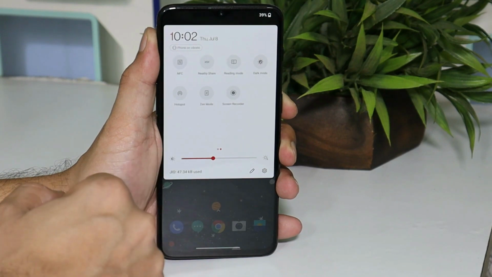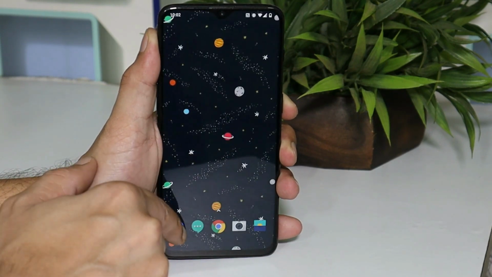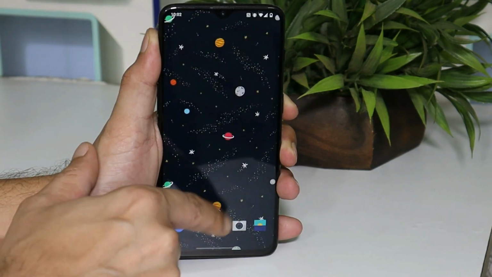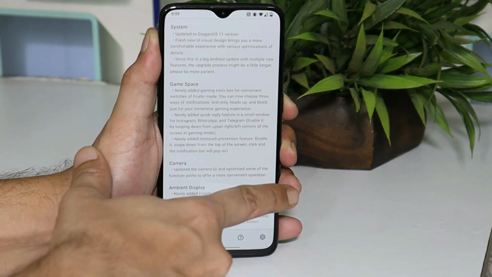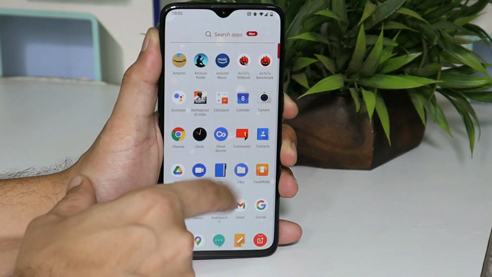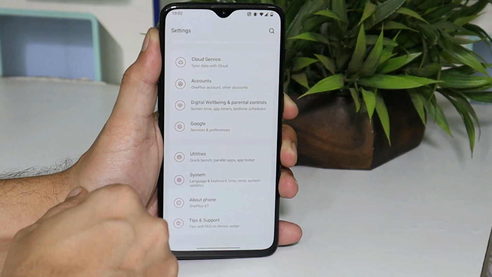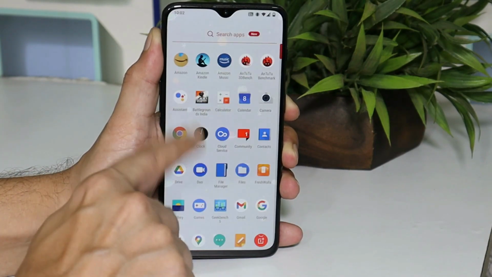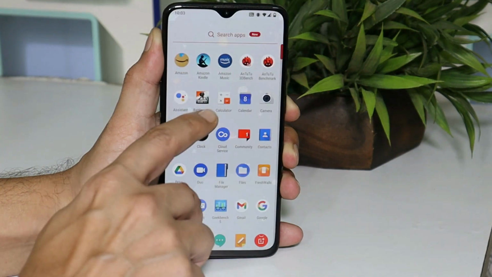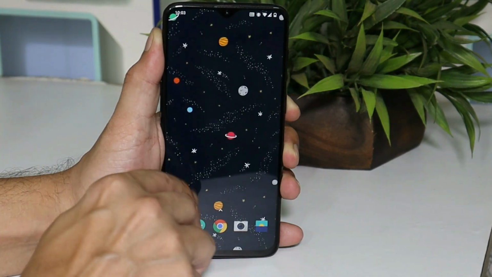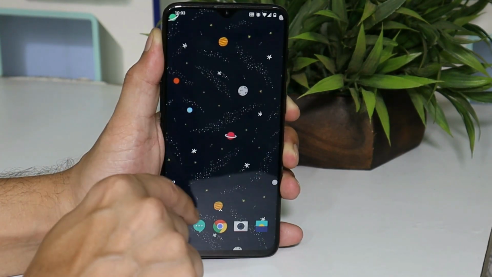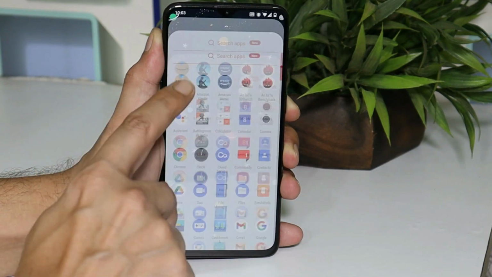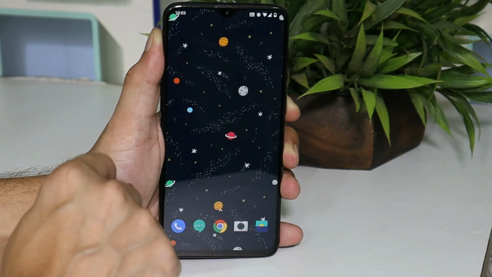So here we have the quick setting panel, and as I showed, applications like dialer, messaging, gallery, all these things have been updated, and also you'll have a noticeable change in the settings panel. Until now I haven't found any kind of jitters or lag while using the device. Till now the Android 11 build seems to be doing good on my OnePlus 6T, but I won't judge it so soon. I'll be doing thorough testing of this device using it as my primary device.